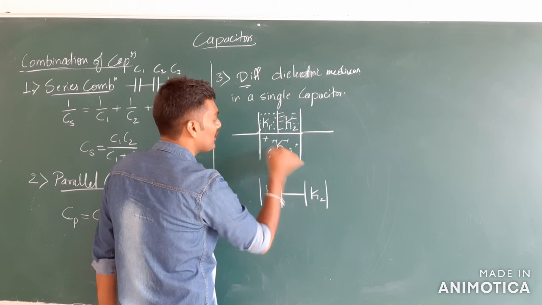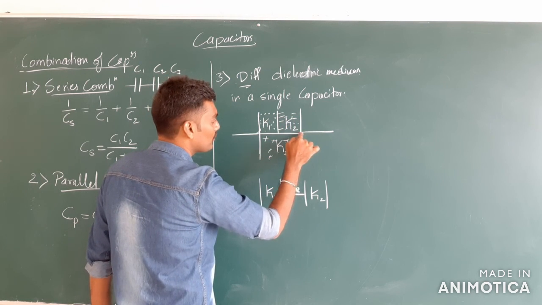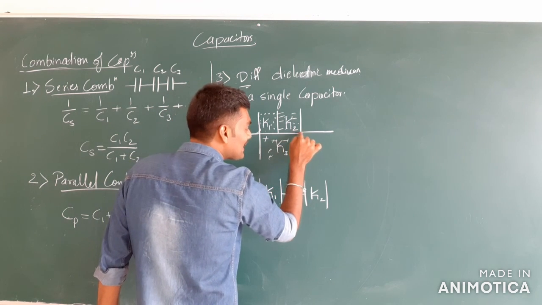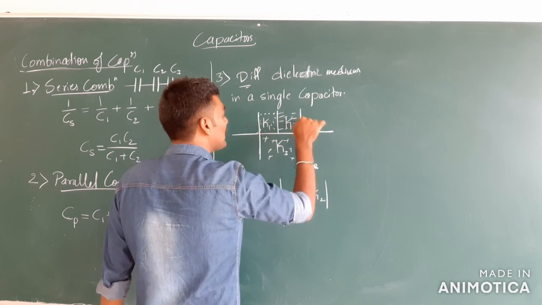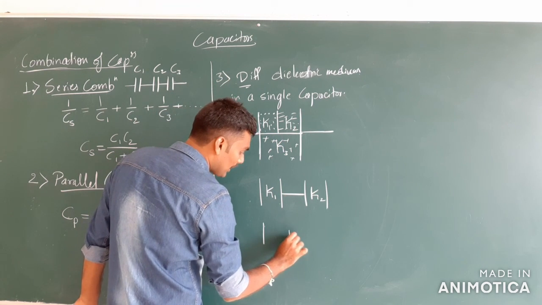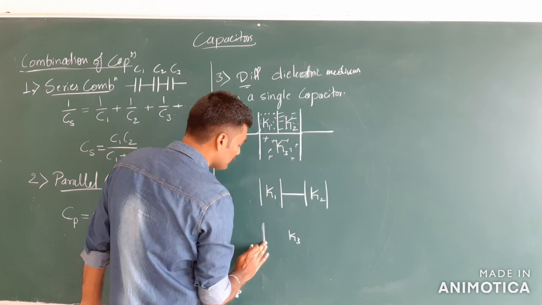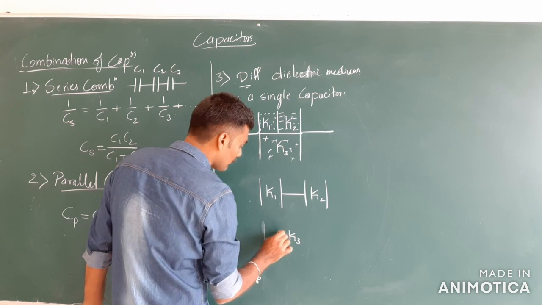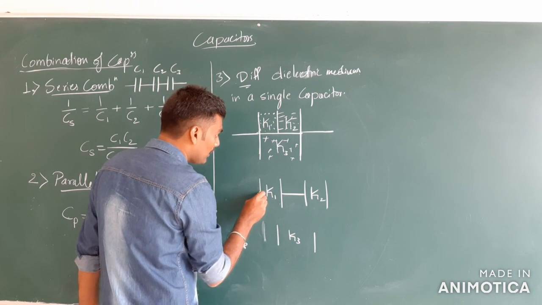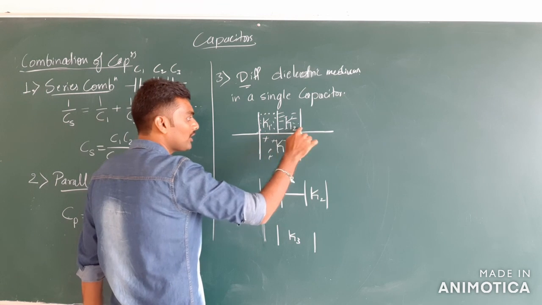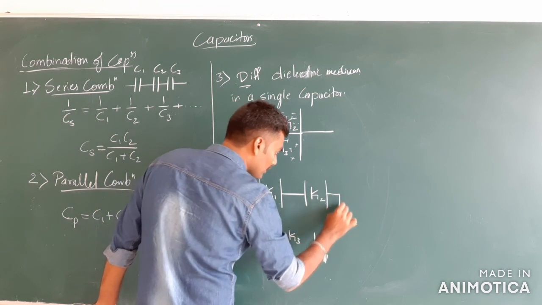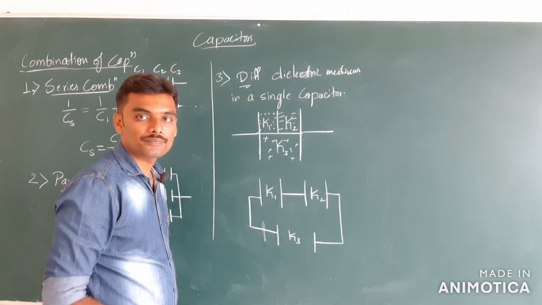Now we have a single plate here and one more plate here, both of them are single plates, and it doesn't matter even if we cut this plate in the middle and connect them using the wire like this, which means, say I'll take K3 here, this is the K3, and I'll just connect this part with this part, this part with this part. Even then the electrical property remains the same. Clear?